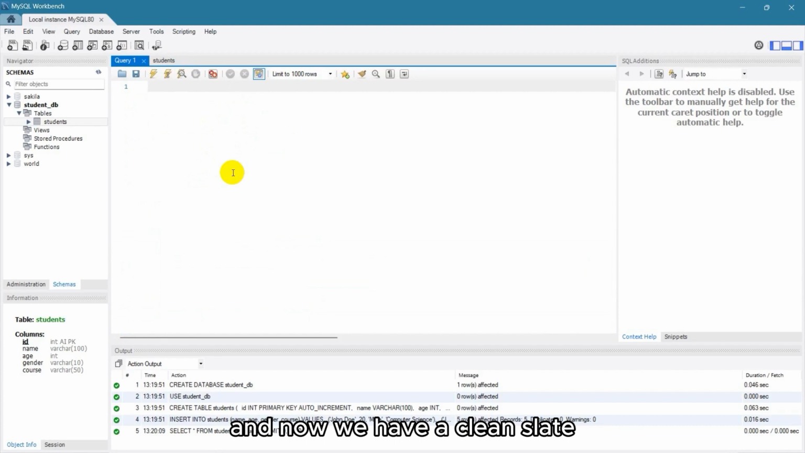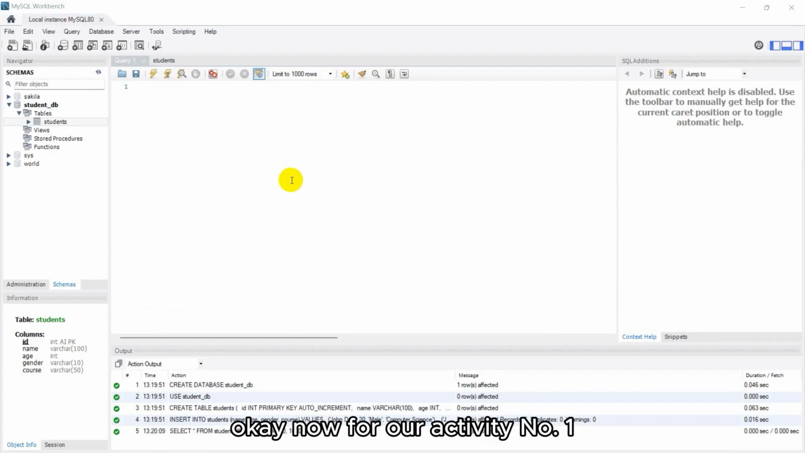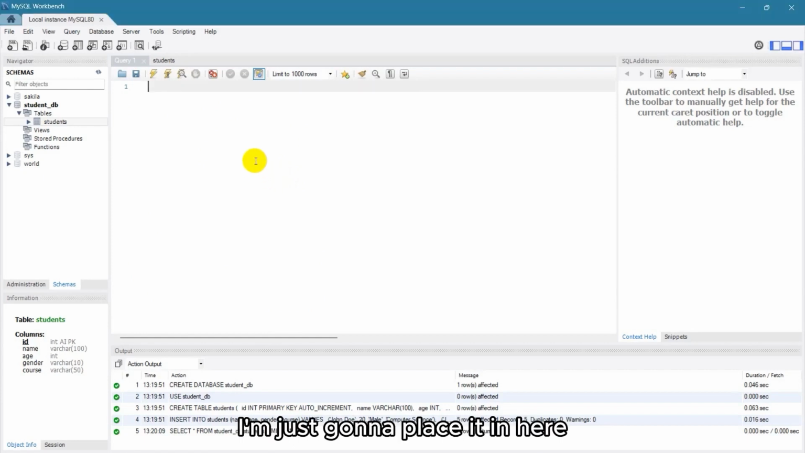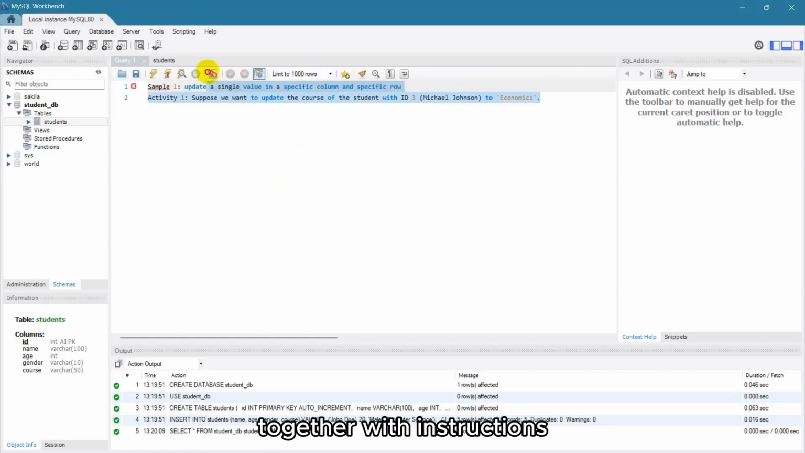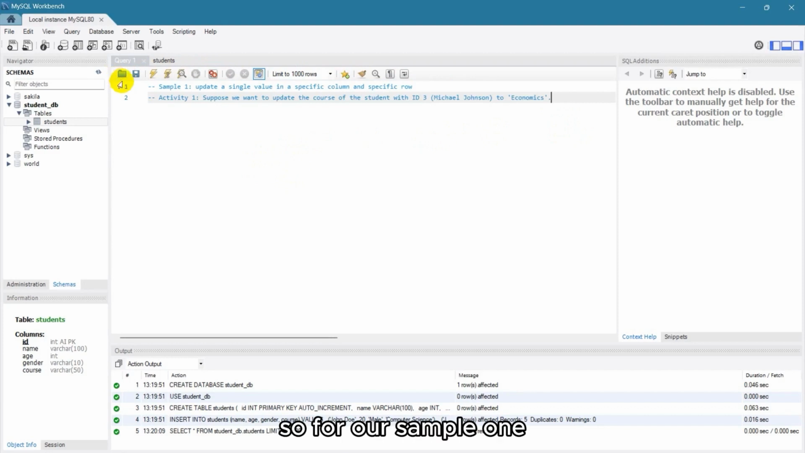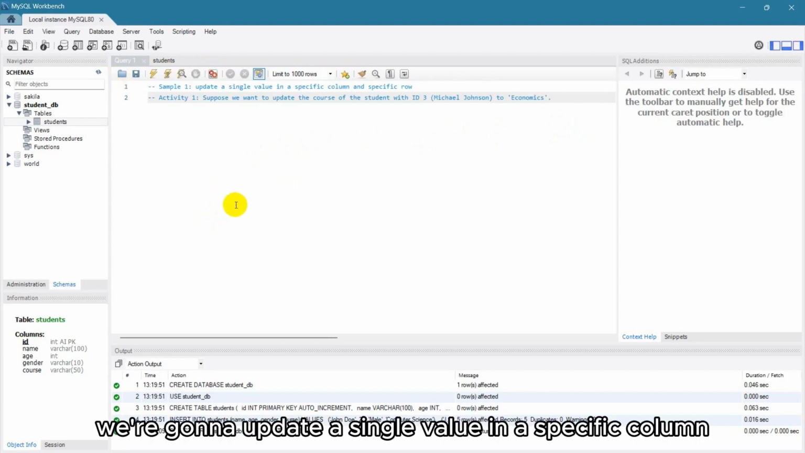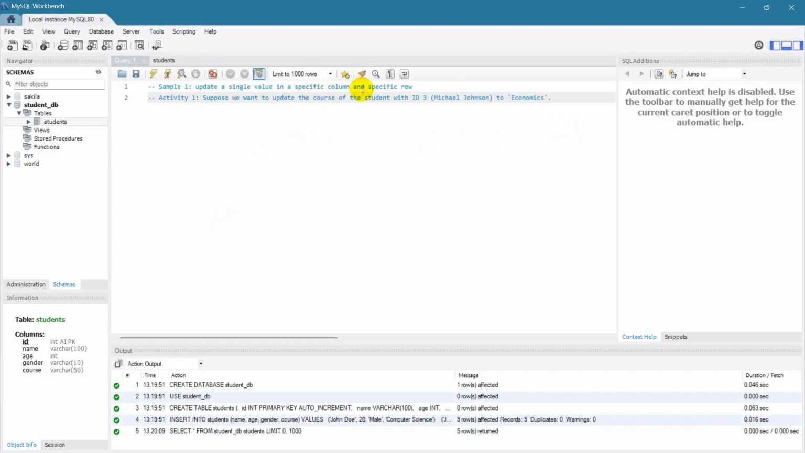And now we have a clean slate, or clean state. Let's go and get started. Okay, now for our activity number 1, I'm just gonna paste it in here together with the instructions. There you go. So for our sample one, we're gonna update a single value in a specific column and specific